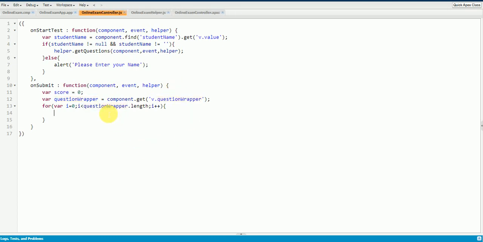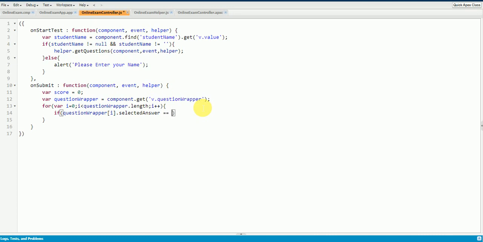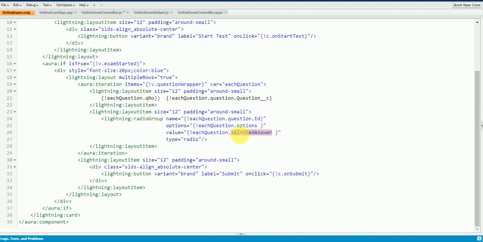And here I'm going to do an if condition. If question wrapper of index i dot selected answer, that means the answer selected by the user, is equal to question wrapper of index i dot the exact answer. The exact answer is stored in question dot answer.